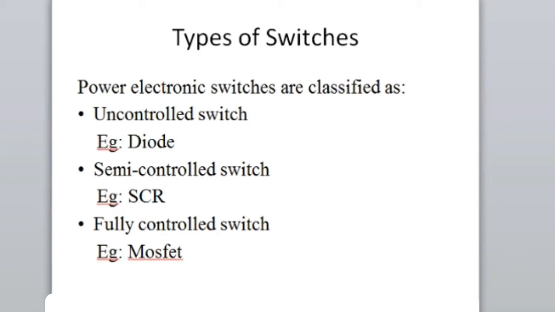If I give the gate voltage, the MOSFET will turn on. Are you getting my point or not? I'm connecting a MOSFET between a battery and a load, a bulb. Now there is a third terminal called the gate. By giving the gate voltage, I can turn on the switch. If I make the gate voltage 0, this MOSFET goes to the off state. Means the gate voltage is used for controlling the on and off action. By controlling the gate voltage, I can control both on action as well as off action. That's why it is called a